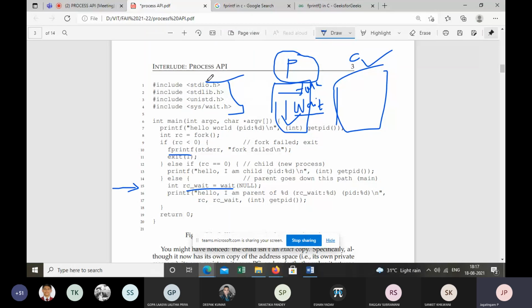Now, in the header files, you have stdlib, the standard library, and then unistd, and then sys. What is the reason for using line 3 and line 4?